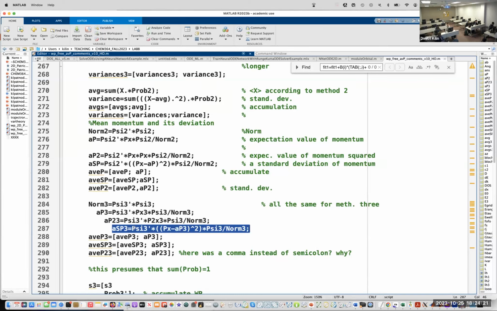So wave function third, wave function third, and then the subtraction of the momentum operator minus the expectation value of momentum. And then it is accumulated in ASP, yes, in the average SP3.